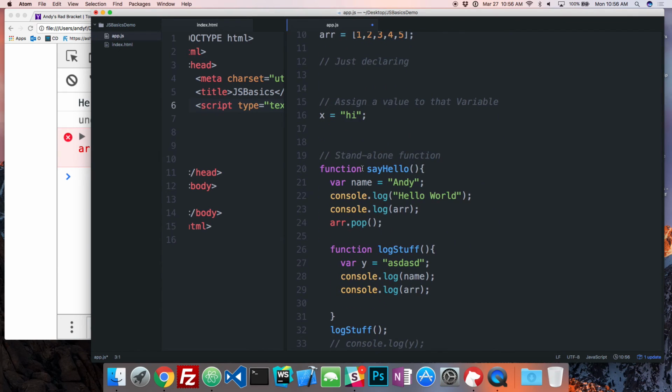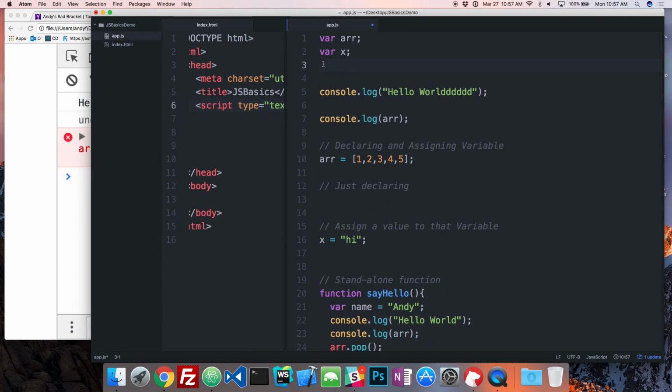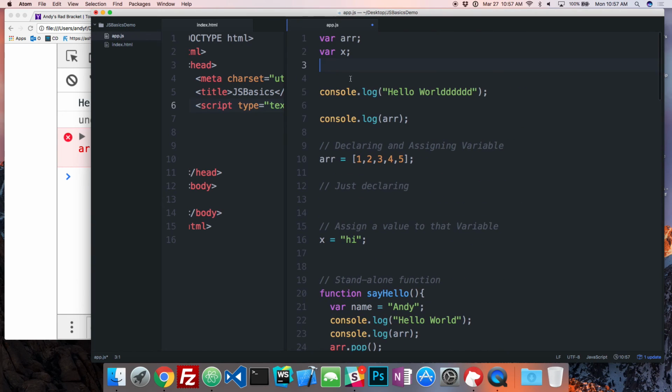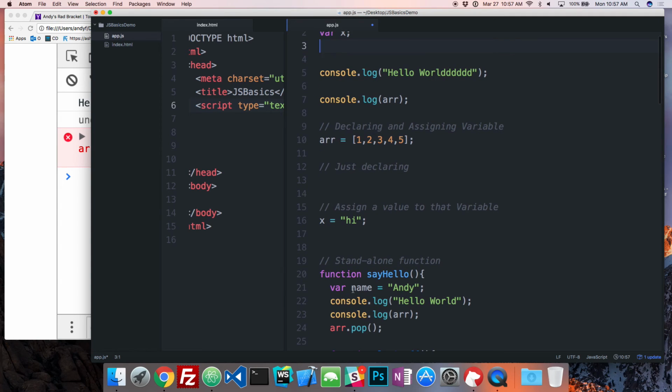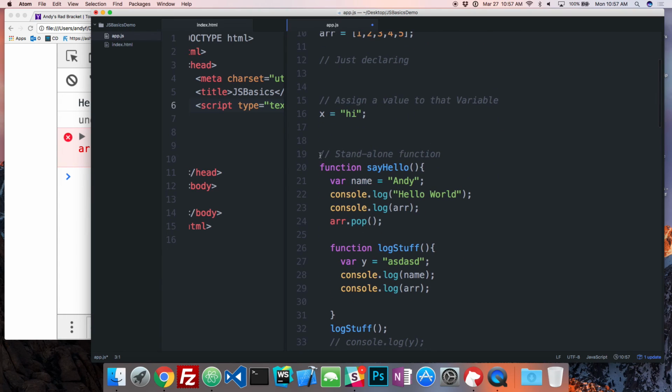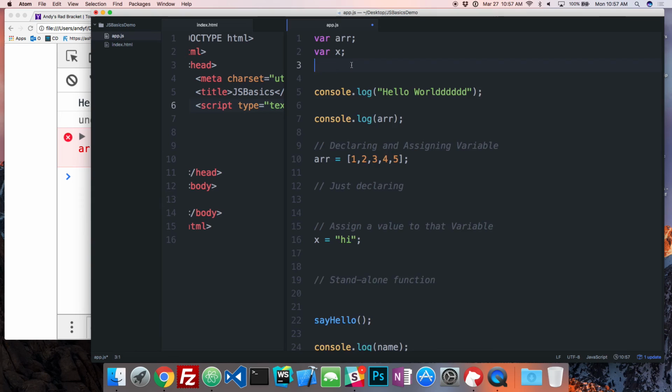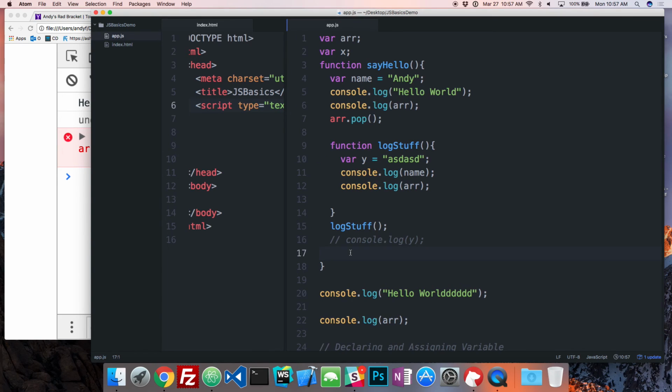Functions get hoisted as well, but they will be hoisted under all of the variables. So it reads through everything, and it hoists up all the variables, and then it reads through it again, and it hoists up all the functions, so that we can call functions even before they were declared on the procedural line, right? So this guy will actually get hoisted up all the way to the top right here, okay? And the same thing goes for these guys.